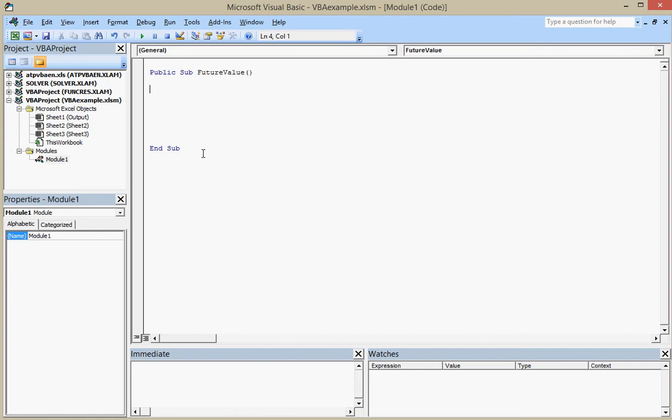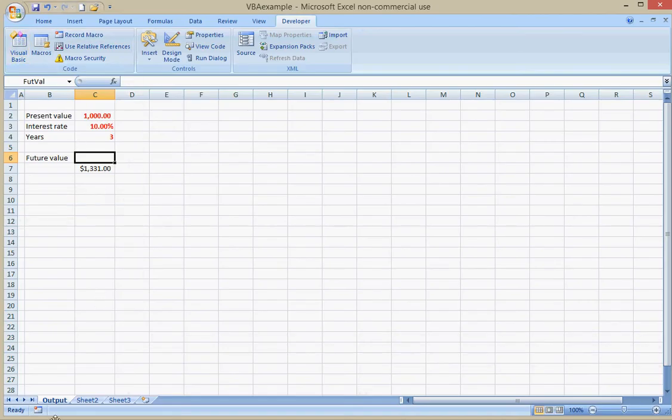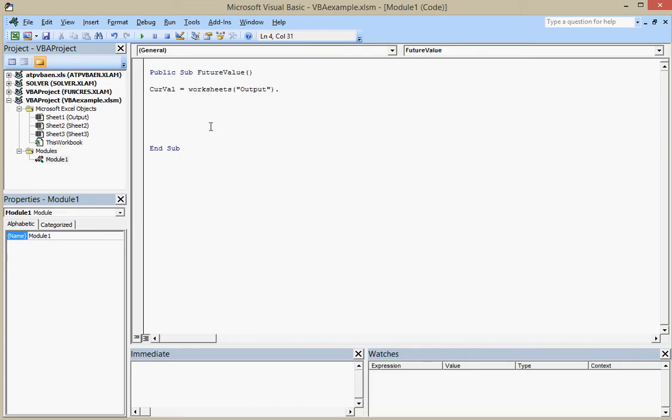So first I need to read in the different variables, and let's say CURVAL, and I want to capitalize that just so I can see it better. It doesn't make a difference. Is equal to, I'm going to type here and not have any capitals, Worksheets, open parenthesis, quote, output, quote, close parenthesis, and it's telling Excel, go to the worksheet named output. I'm going to click over there and it's going to give me an error, but see, this is named output. And I'm going to look in the cell called CURVAL, and then so I say Range,